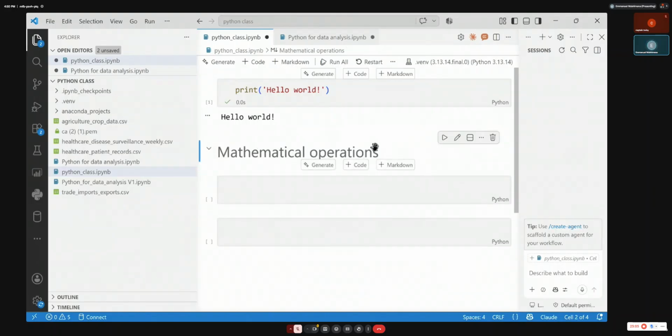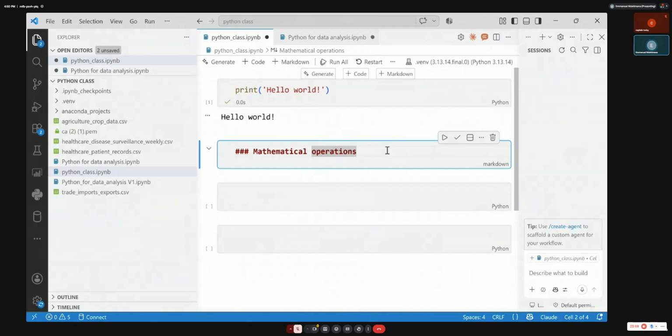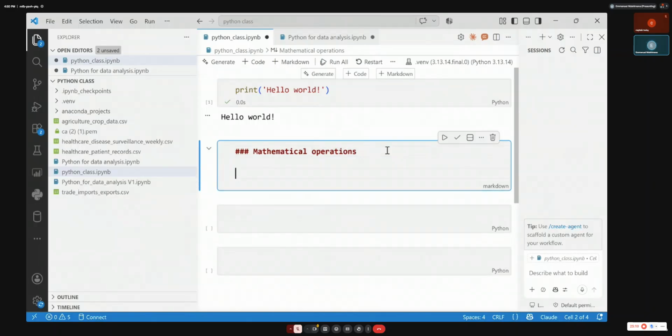You can even put some other small sentences under it, saying that this section is for mathematical functions and operations.